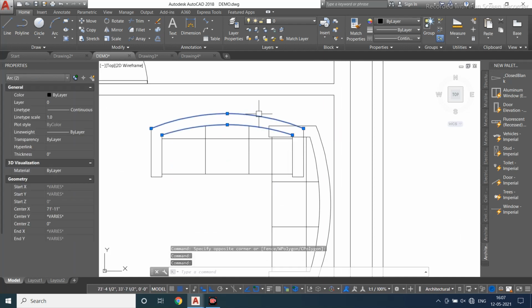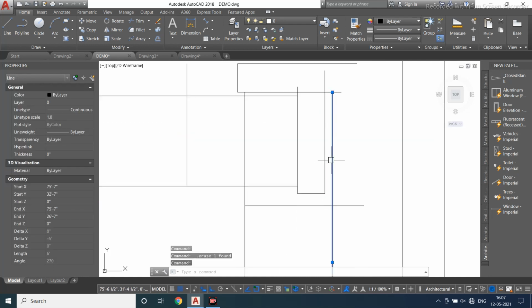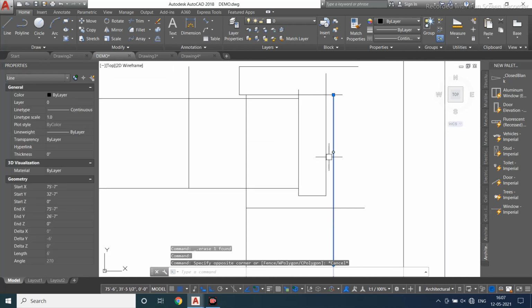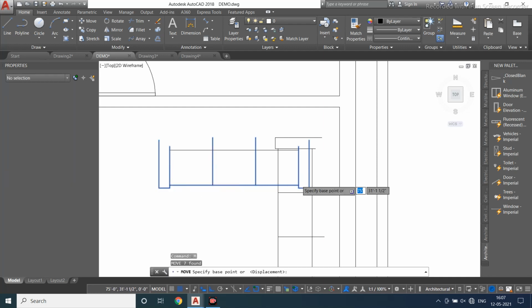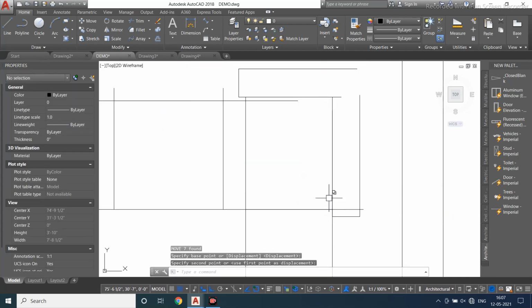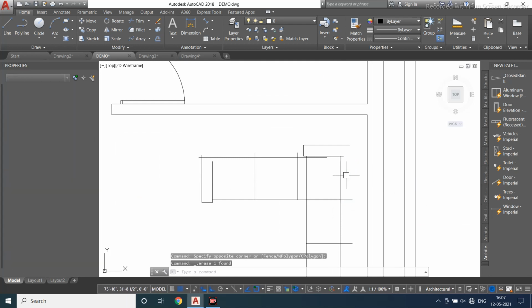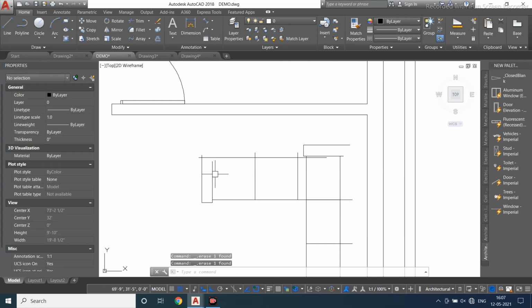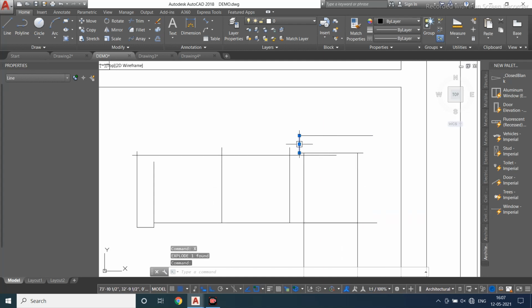Now remove all unnecessary things which are not required for you. Now I'll be removing these parts. Fine. Explode over here, select it.